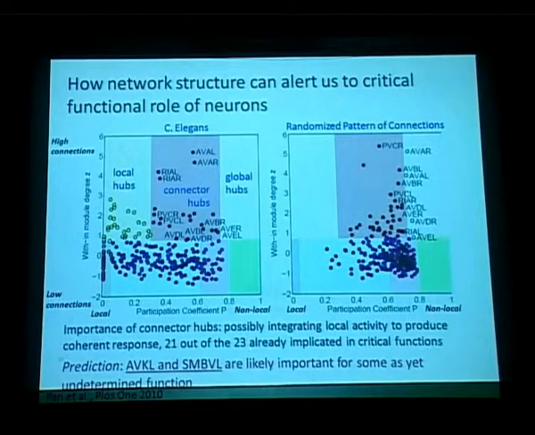As you can see from the left hand side panel, we found that there are some neurons which fall under what we call local hubs, some under connector hubs, and some which have been identified as part of